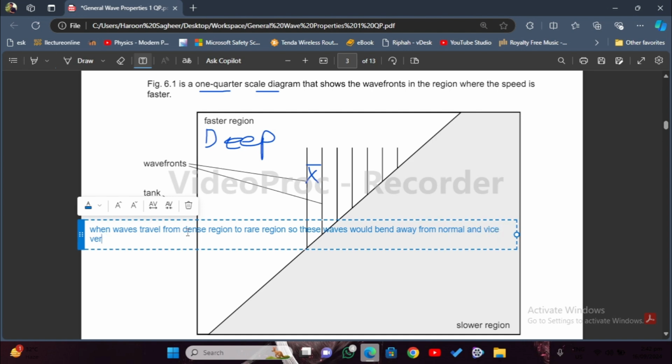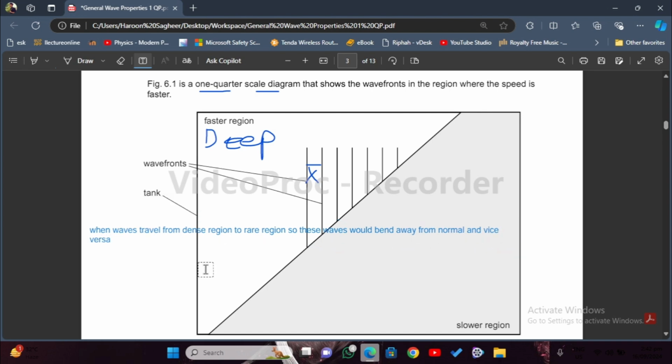Now that would mean that if a wave is traveling from a rare medium to a denser medium, it would bend towards the normal. But in our case, if we draw a normal here, this is our normal,